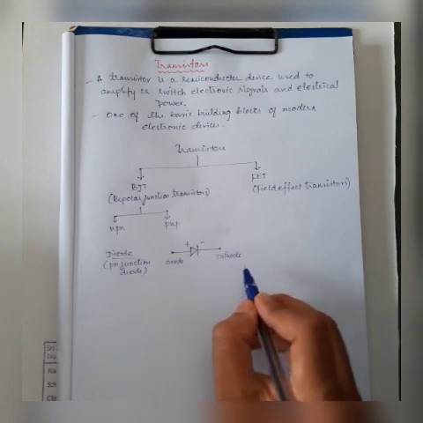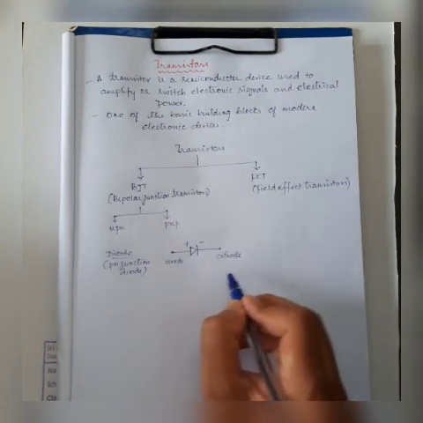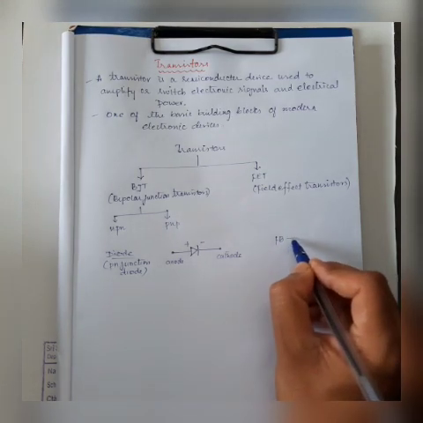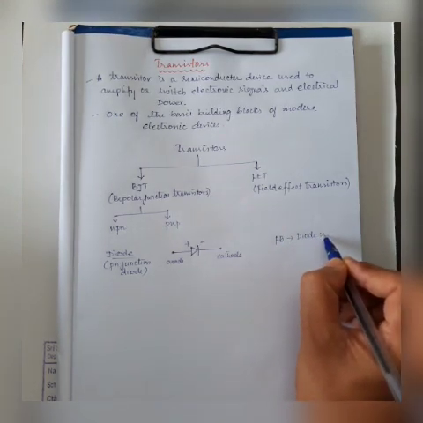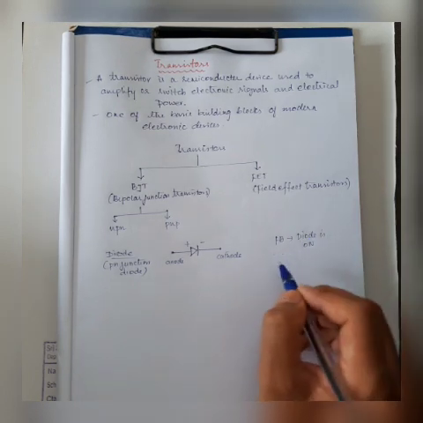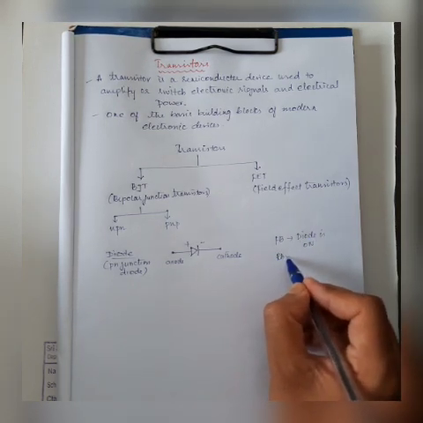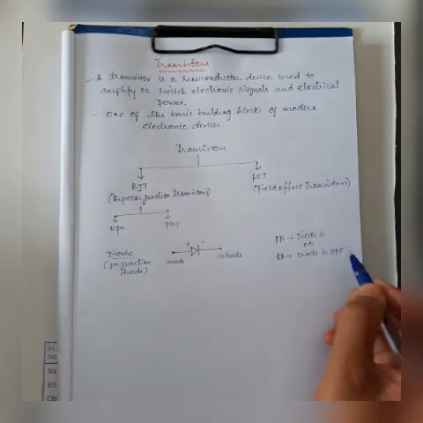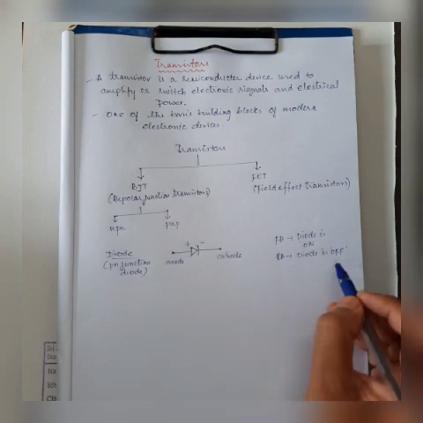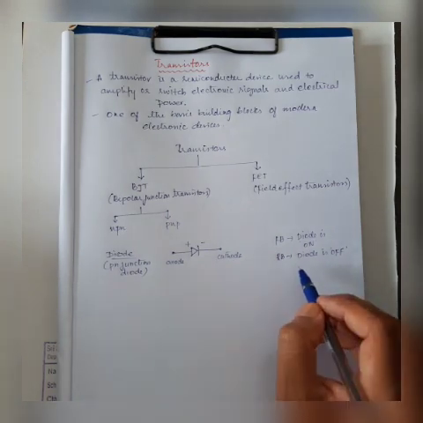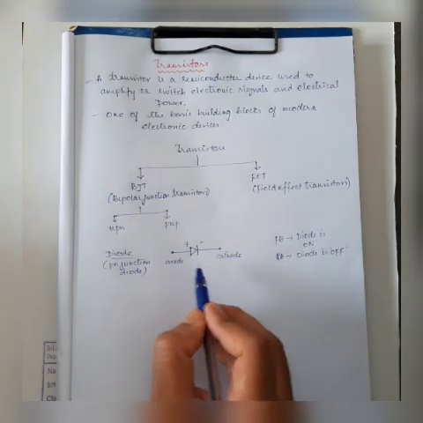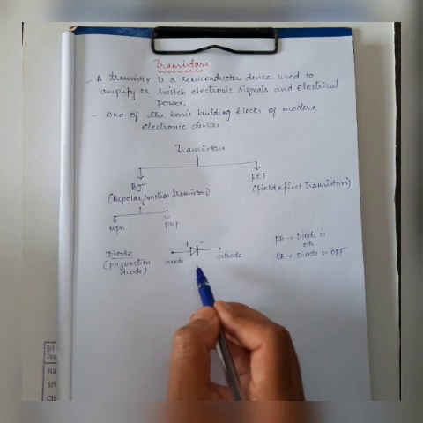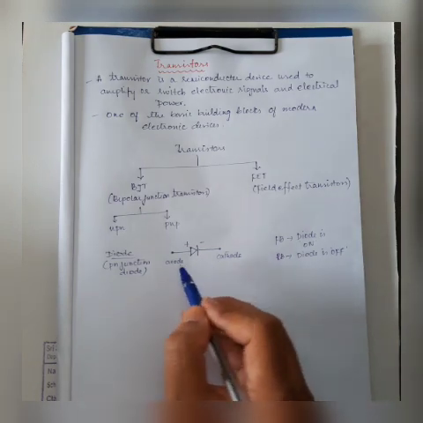And we have seen that when the diode is connected to an external power source in forward bias condition, the diode is on. That is, the flow of electrons will be there. And in reverse bias condition, the diode is off. That is, no free movement of electrons from one terminal to the other terminal.